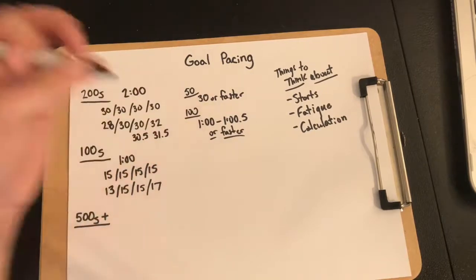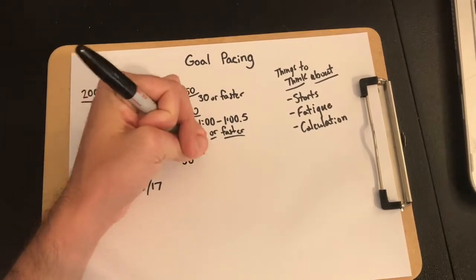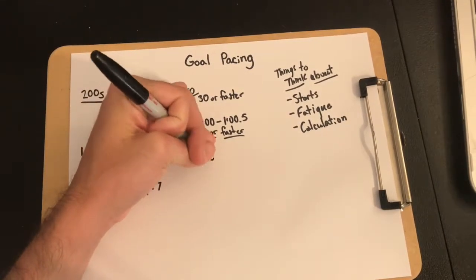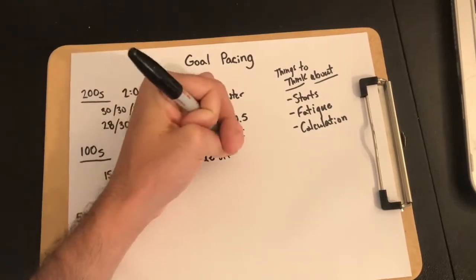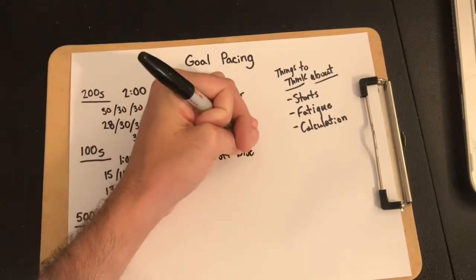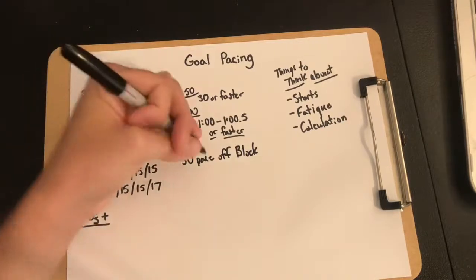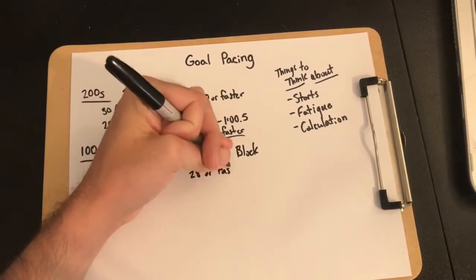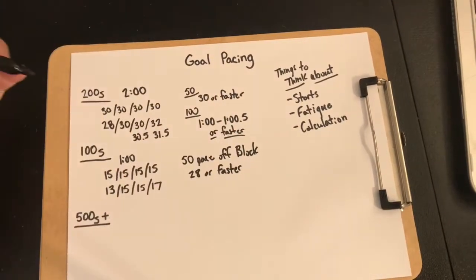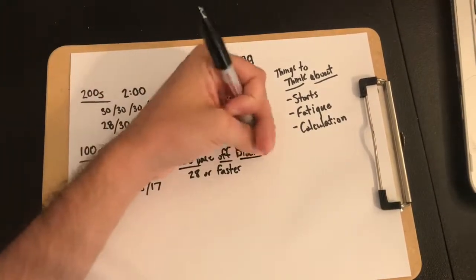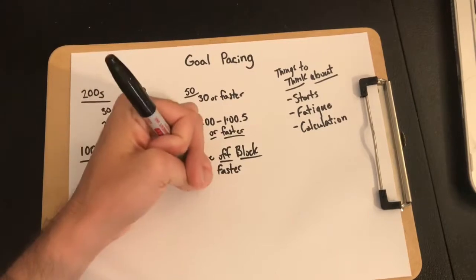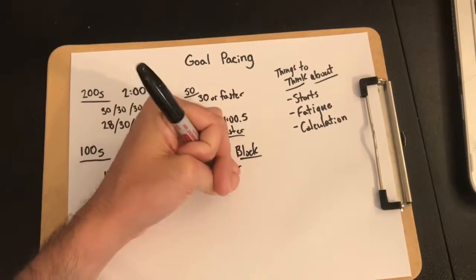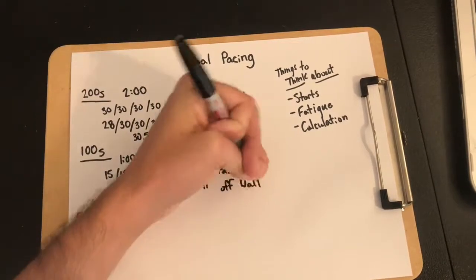If I was breaking this down, if you're doing a 50 pace off the block, okay, I would probably want it to be a 28 or faster, okay? 50 pace off block, 28 or faster. If it was a 50 pace off the wall,